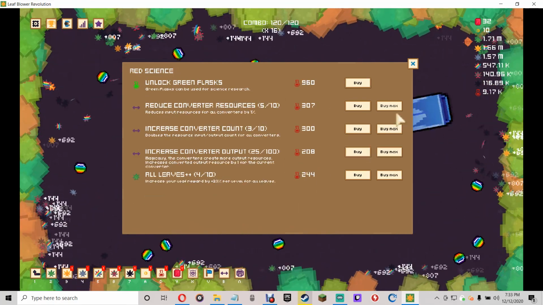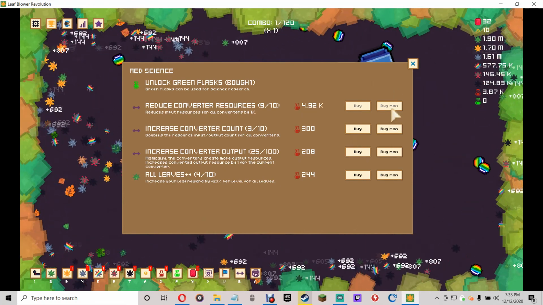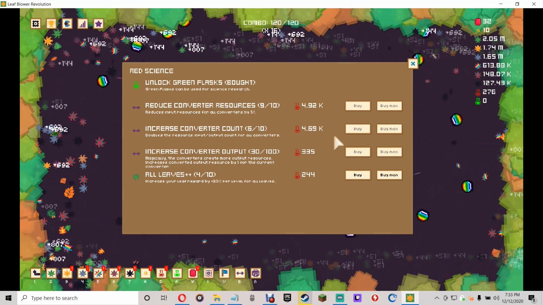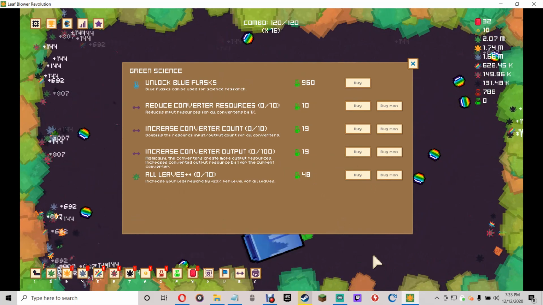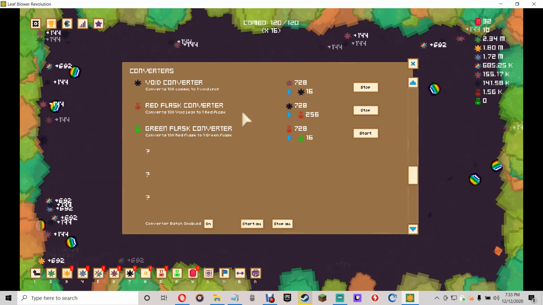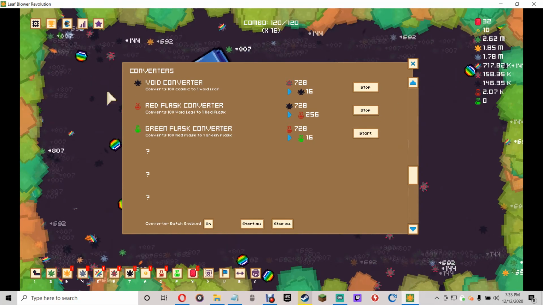And well, we can come back into here, we can buy green flasks. We can upgrade that quite a bit. We can upgrade that quite a bit as well. Then we have green flasks, which also can double resources and input and stuff. And so we'll have to go to B to see here. But we don't make enough